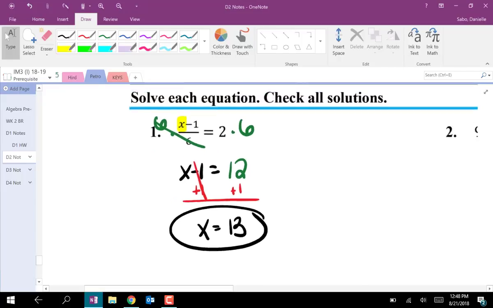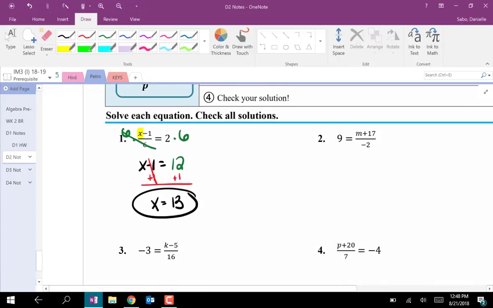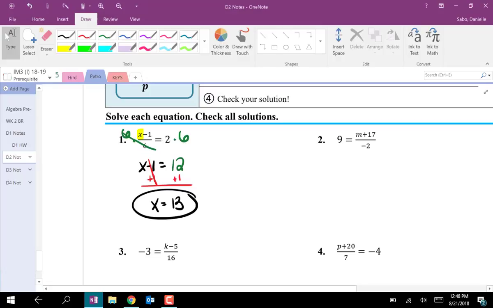I would really like you to do number 2, and I will get your homework if you get it right. I will say, be careful with your negatives because you got some negatives going on here. When you have two negative numbers, you're technically adding them. Like if I have a negative 5 minus 5, that's going to be negative 10. All I did